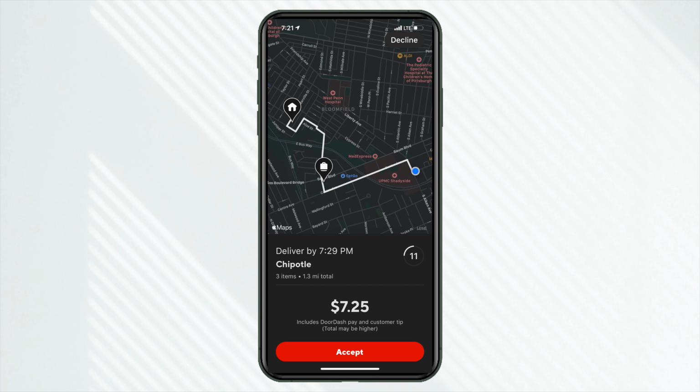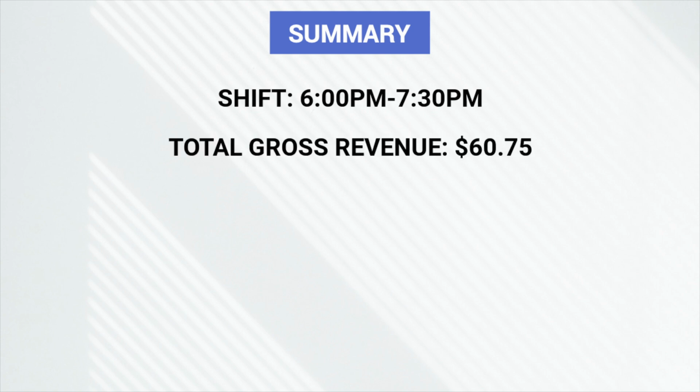Another super short order here for $7.25, 1.3 miles from Chipotle. So I wasn't kidding here. Short, punchy with the Peak Pay, short runs, which were kind of surprising here. So let's take a look at the numbers. This shift here in Pittsburgh was from 6 p.m. until 7:30 p.m. Total gross revenue in just that short amount of time was $60.75, which is a recent record high of